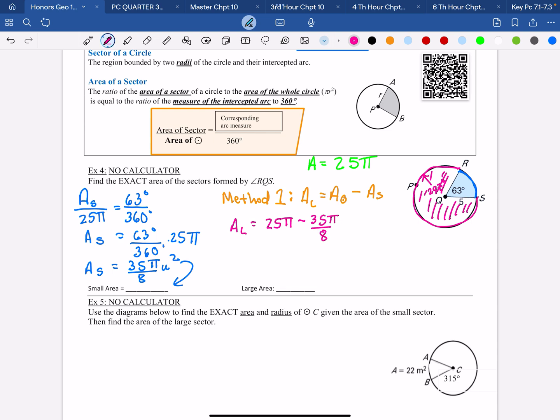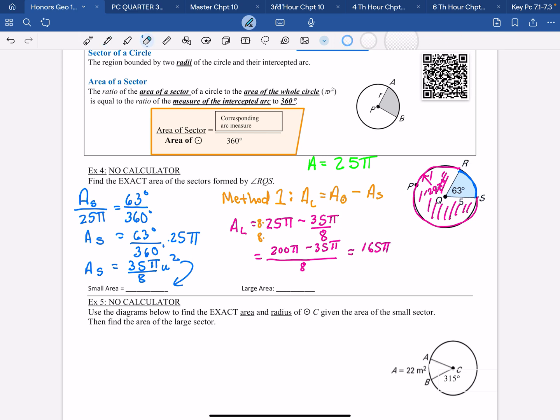In order to put those together, you need a common denominator, so you multiply the top and the bottom by 8. Then you'll end up with 8 times 25, which is 200 pi, and I can put them together right now, minus 35 pi, all over 8, for a grand total of